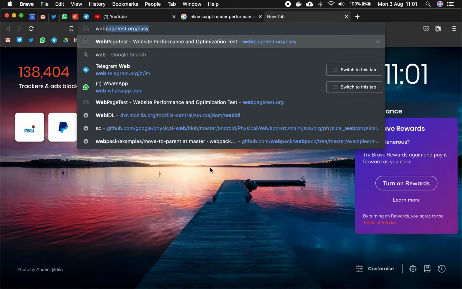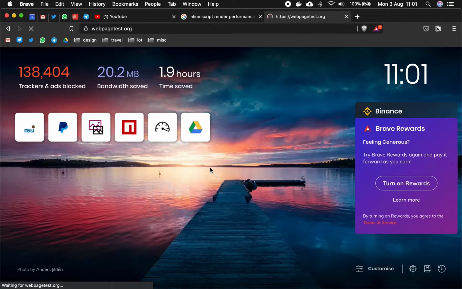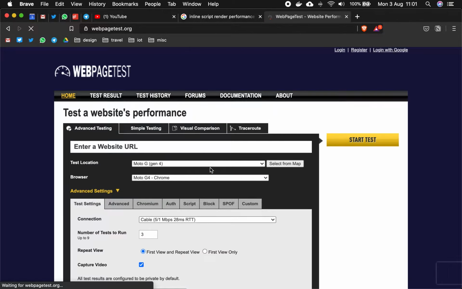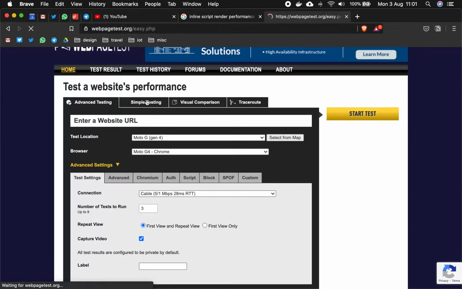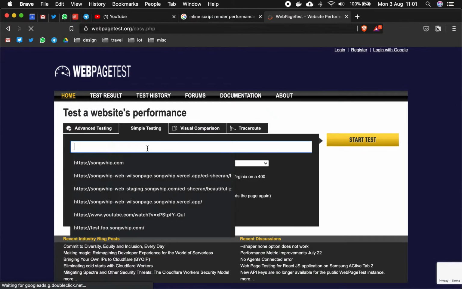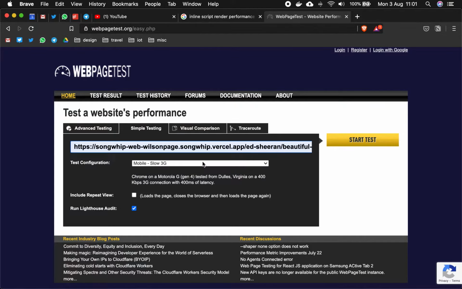So if you go to WebPageTest, just get a look at that. So yeah, it looks kind of intimidating. I just click on this simple tab, and I paste in the page that I was looking at in my previous video. So this is just a staging build for me,